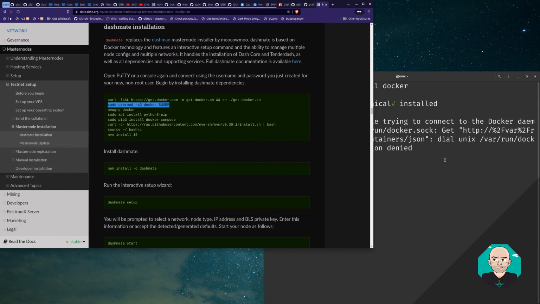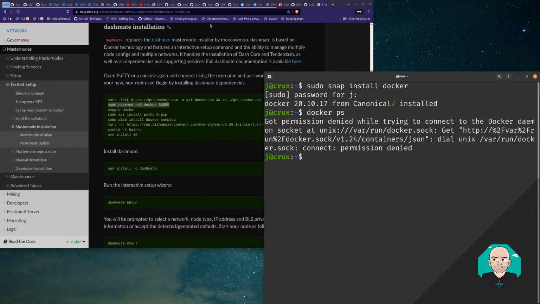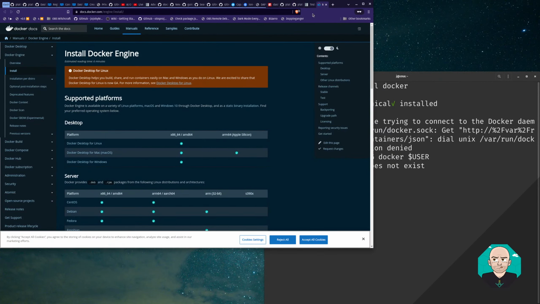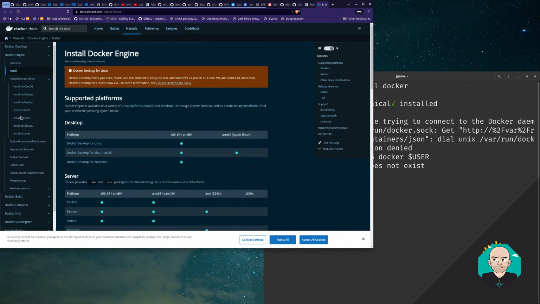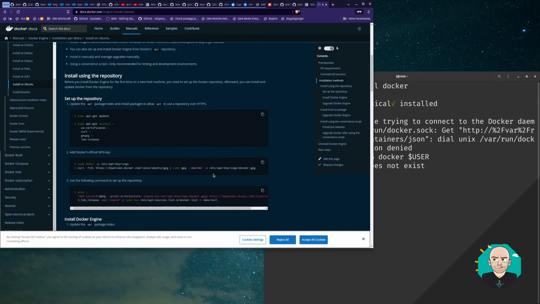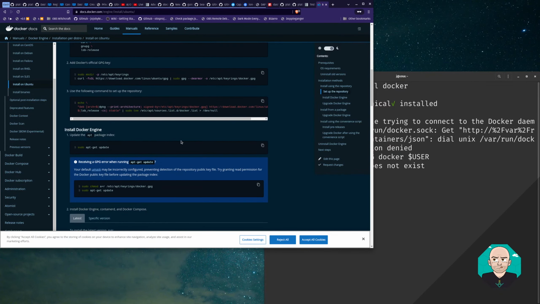I think, I don't think this is going to work. Yeah, the Docker group doesn't exist. If you actually go to this page here and install per distro Ubuntu, so if you look at this, they have one more